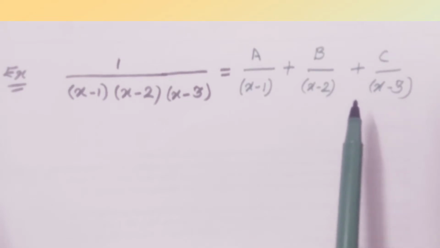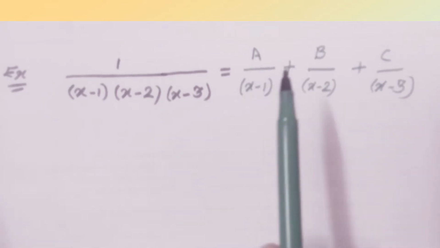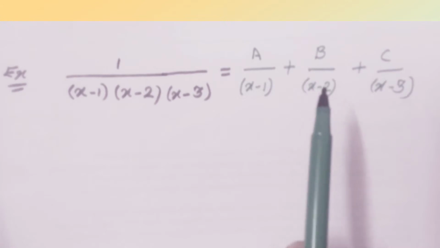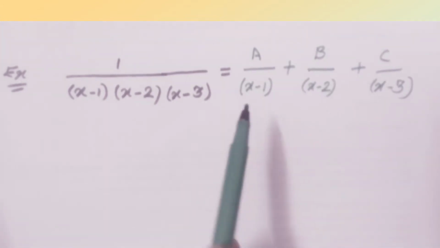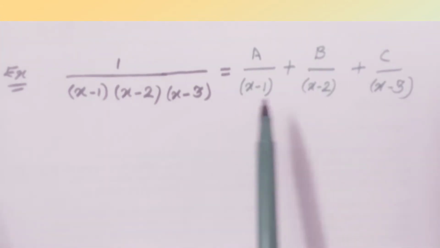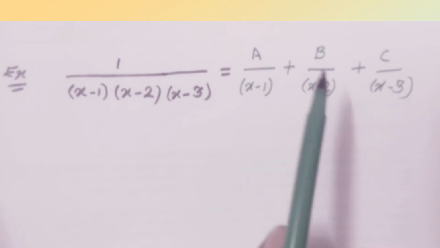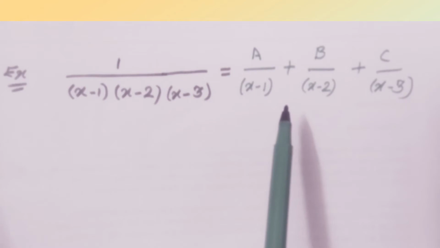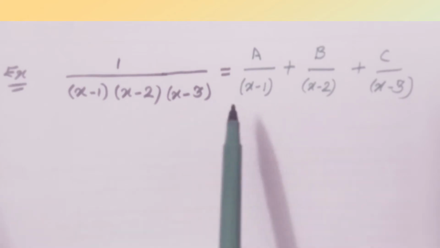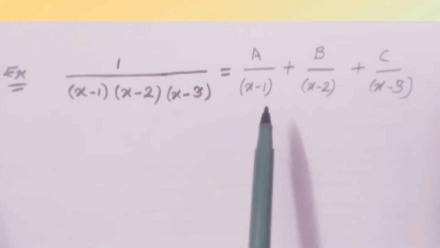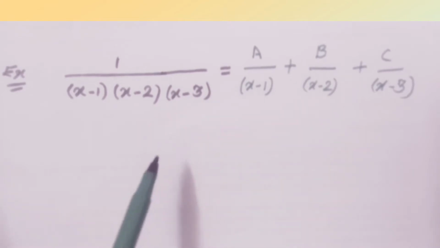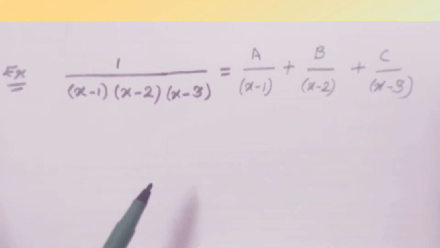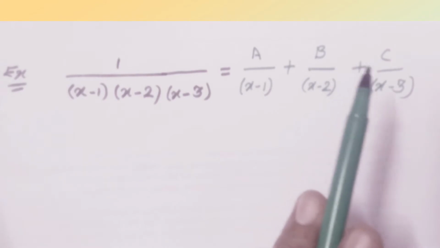But if instead of this term it is quadratic, then we have to write Ax + B, that is a different method. But if we want to separate this term and we apply the partial fraction method, then we need to cross multiply and then find the values of A and B and put the value of x equals to 1, and that's a very long process. To avoid this big calculation, I am going to discuss the easy method to find the values of a, b, c.